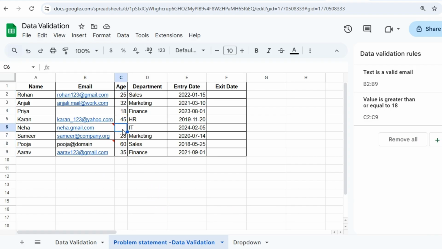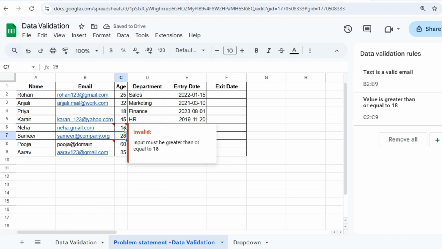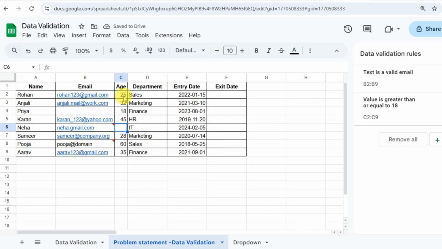So if I try to enter, like, 14, a warning is induced although it allows me to enter the value. When we restrict the value, then it does not allow entering the value. So delete this, and now if I am trying to